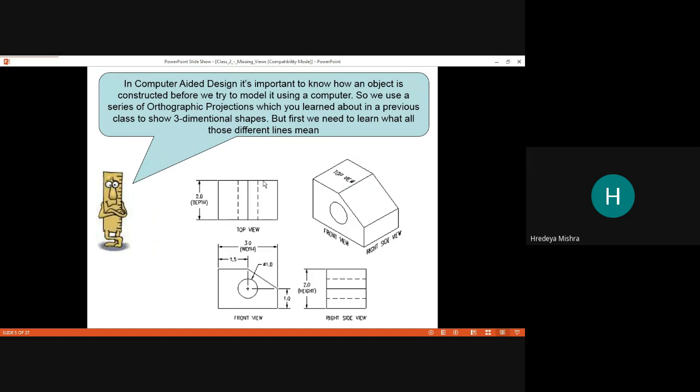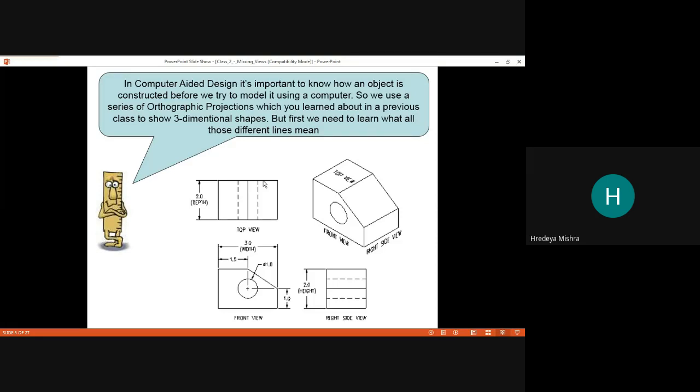In computer aided design, it's important to know how an object is constructed before we try to model it using a computer. Before using computer aided design, we use the computers for the engineering drawing.